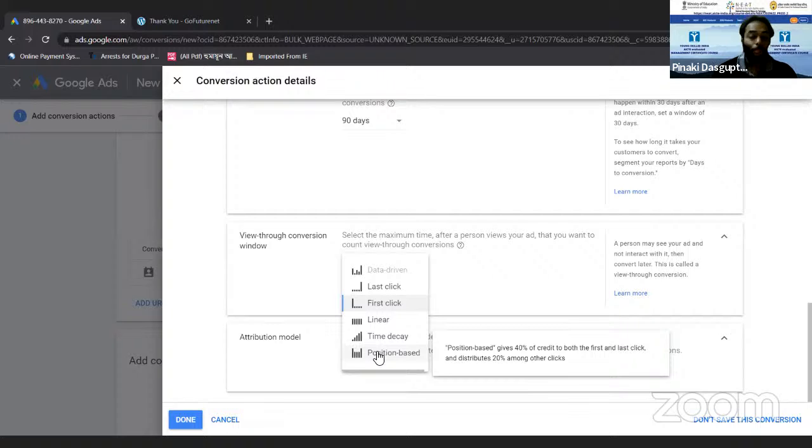So based on different objectives, you have to change the attribution model. If you are running brand awareness, your attribution model should be first click. If you are running a lead generation campaign, then last click is also helpful. But if you are not running any of these campaigns, you are running only one campaign in your account, that